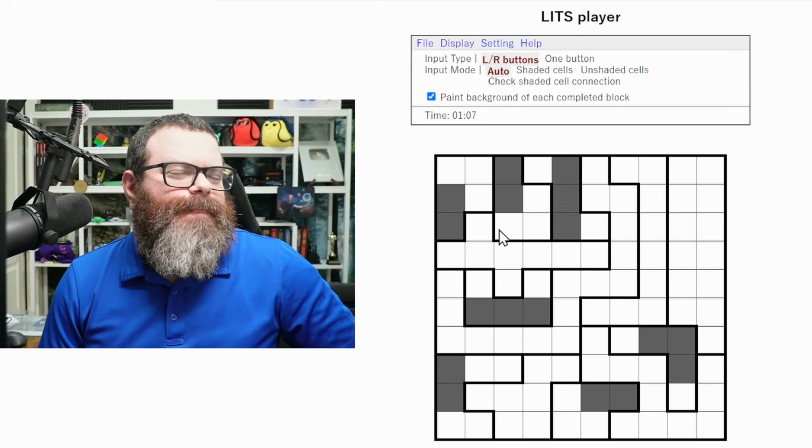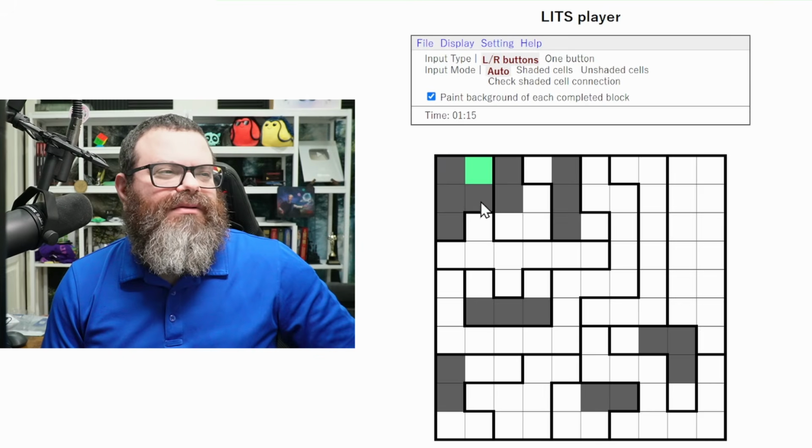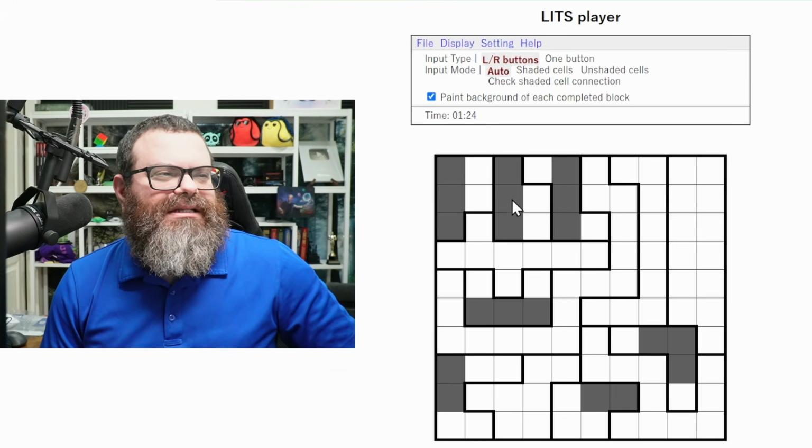Okay. Now, I can't take both of these. It would make a 2x2. So in order to avoid that, I have to take this one, which means we're going to be an L or we're going to be a T. I also can't take both of these. It would make a 2x2, so we're taking this one. So this one will connect to this one, either as a T or an L, and that will make this one have to be the other one. Oh, but